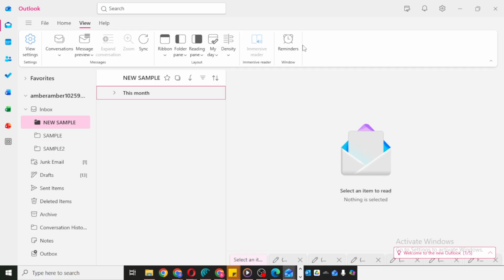So again, the process is simple. Open Outlook, click View, choose the ribbon option and select Simplified Ribbon. Then, if you want the toolbar back in its larger format, click the arrow to switch it back. That's all it takes to show and manage the Outlook toolbar. Once you know where these settings are, it becomes much easier to adjust Outlook so it looks and works the way you prefer.